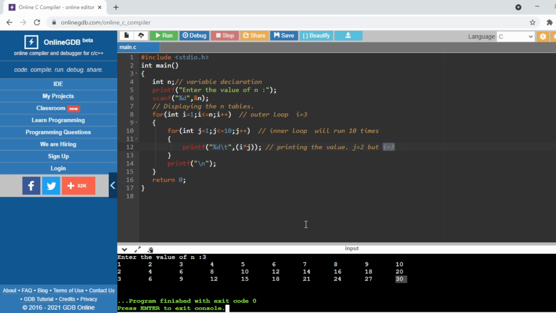So this is basically the working of the inner loop and the outer loop. For one iteration of the outer loop, the inner loop will run fully, right? This is the case for all types of loops. Maybe you write a for loop, a while loop, or a do while loop; the writing styles are different, but the working procedure is the same. And this working procedure is the same in C++, Java, Python, MATLAB, each and every language.